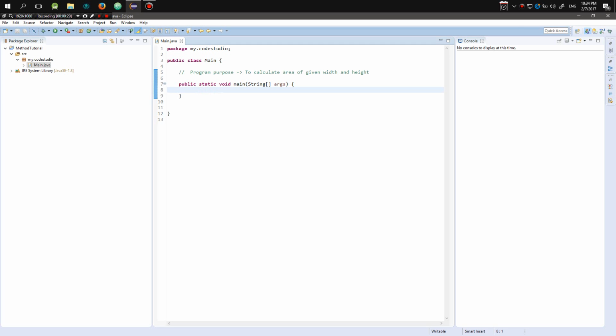in the Java programming language. In fact, if you're using any other programming language such as Python, we have the function, which is def, and for C++ we have the function also. The only difference is that for Java, we call it a method. Now to demonstrate why we're going to use methods, first we're going to create a program